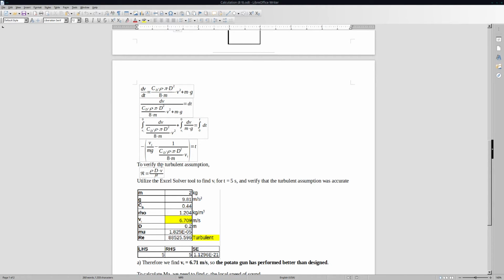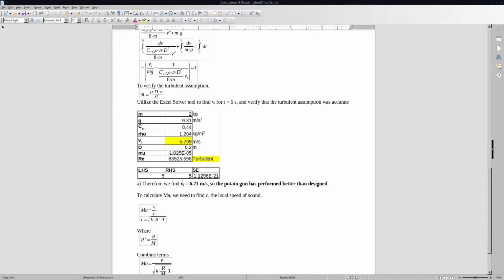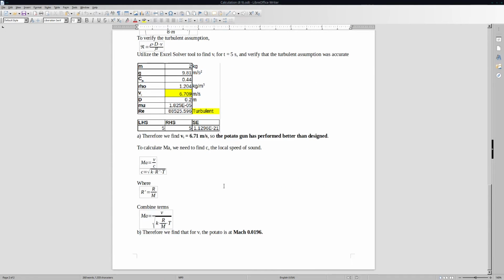And then we can also verify that turbulent assumption using this formula for the Reynolds number, which we've done here. And then from there, we find that the initial velocity is this quantity, so the potato gun performs better than designed. Okay, finally, in order to address compressible flow, we need to calculate the Mach number, so we need to